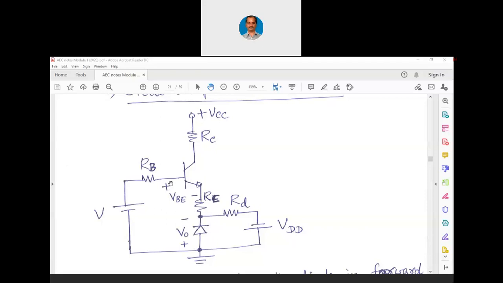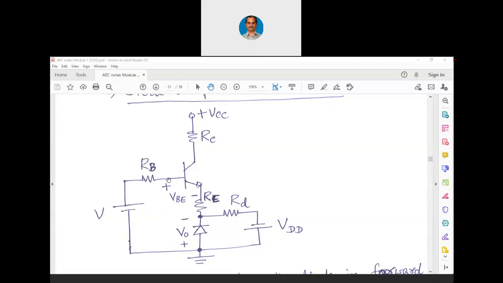Just imagine, let me give you an example. Let us say this voltage at the base is around 2 volts. If the voltage at the base is around 2 volts, let us say VBE is 0.7 and here it is minus 0.7. If you apply KVL here, across the other diode V0, it is minus 0.7, because they are in the opposite direction. Just remember the thing I had told you yesterday. Whenever we move from positive to negative, we have a convention. Whenever we move from negative to positive, we have another convention. Shortly, I will show you those KVL equations also, which is there in these notes now.